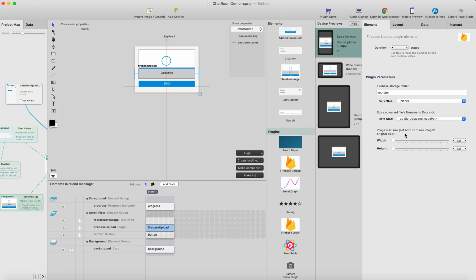And then there are a few other settings, which are the width and height of the image. Be cautious with this because you might end up cropping the image by using these, but you can test them out. So basically, I can run this in the simulator,